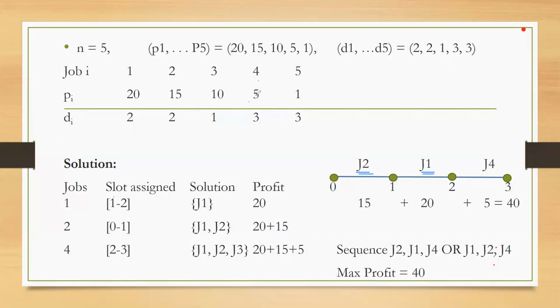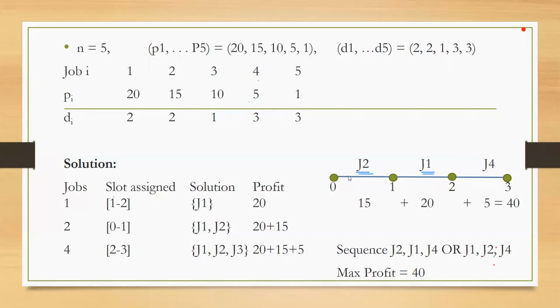Move on. The next job is job number 4, that is profit 5. Now see, its deadline is 3. That means it can take any of these 3. See if the last slot is free. Yes, the last slot is free. You can allocate this job 4 here and write the profit 5. Okay, move to the next job, job 5. Job 5 takes 1, 0 to 1. So 0 to 1 is already allocated. So all the slots are allocated. There are no free slots left. So this is the end of the processing of the jobs.